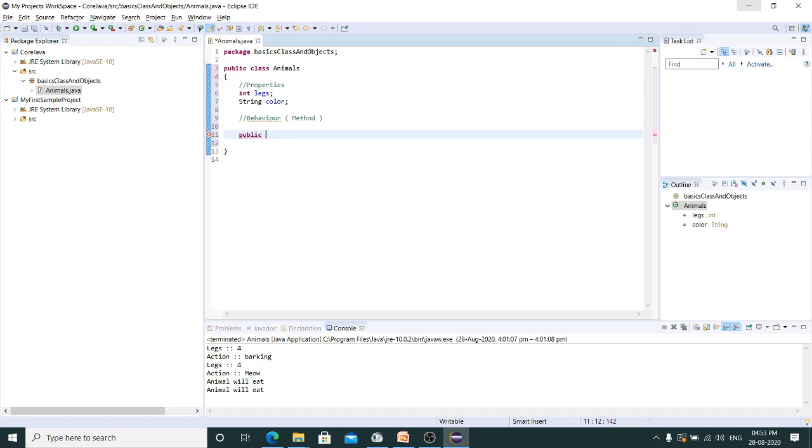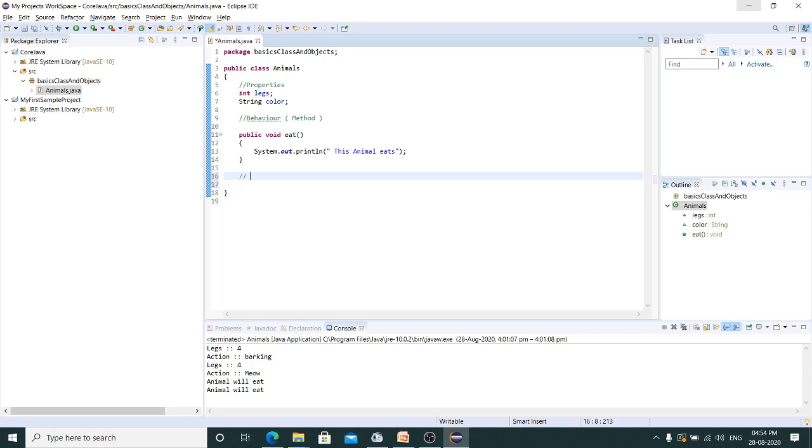Public void eat. Let's take one for now so that you will not get confused. I'm just simply printing something here. System.out.println will print your things in the console. So let me write this animal eats. Now we are done with the behavior.